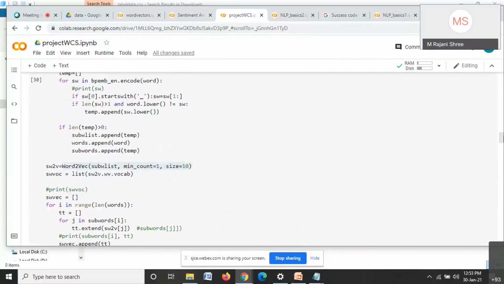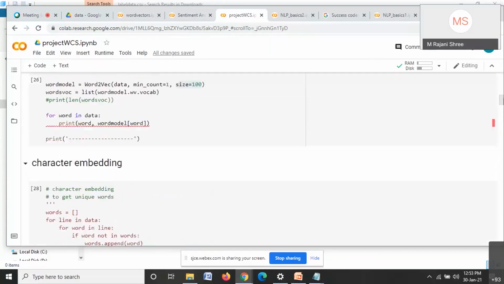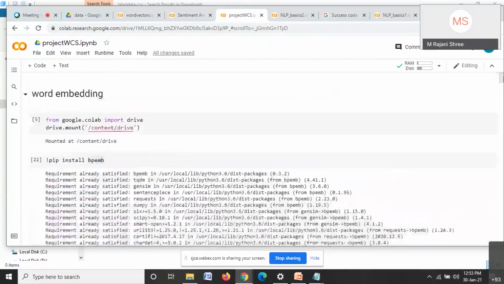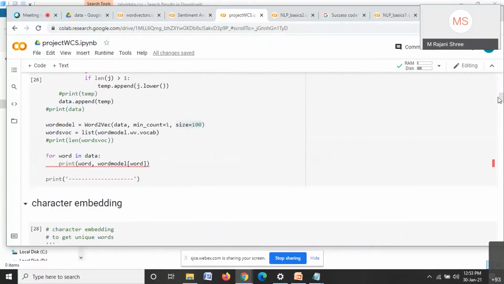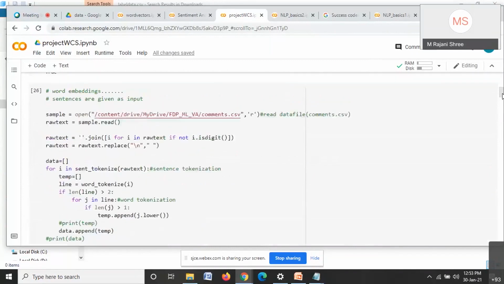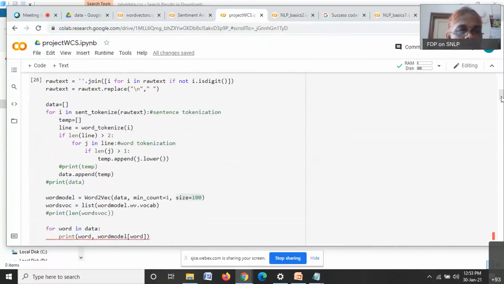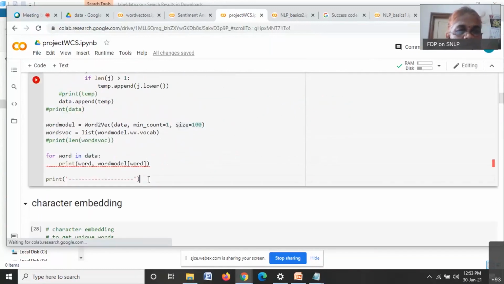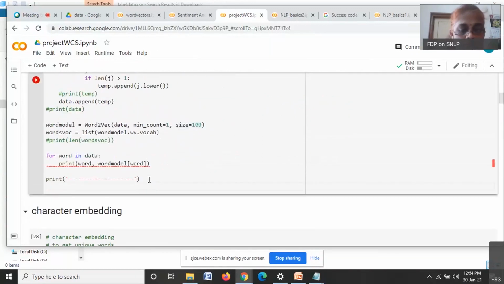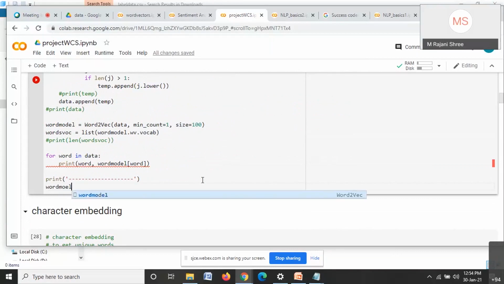Okay, let me check. Similarity of any two nearest words. This is for word embedding. Tell me what to add.